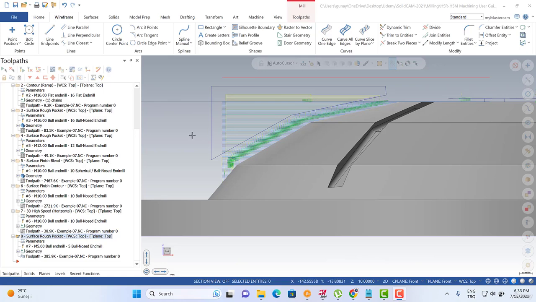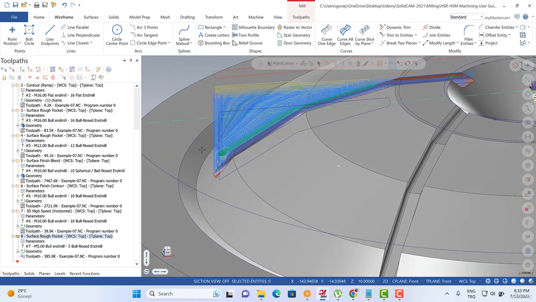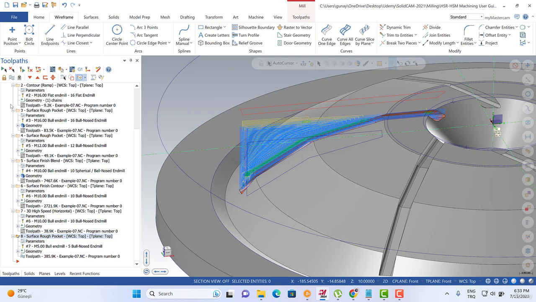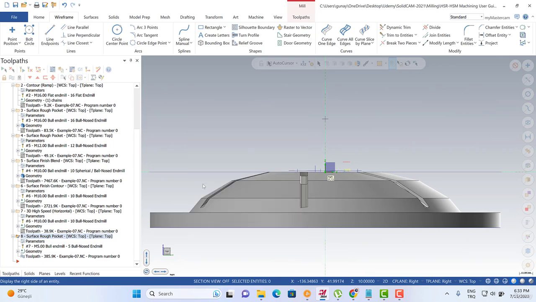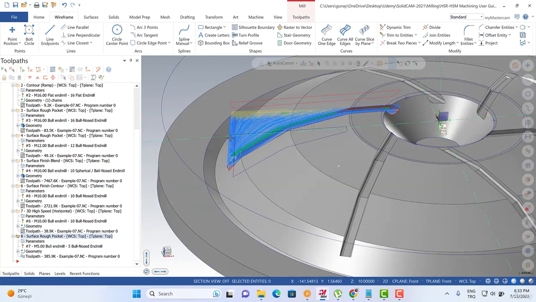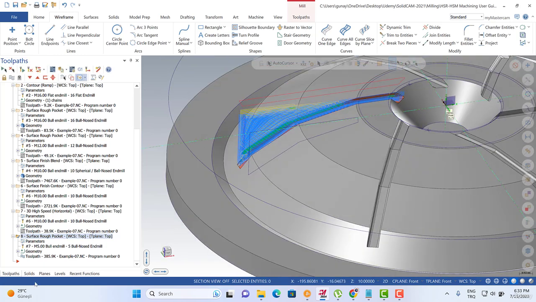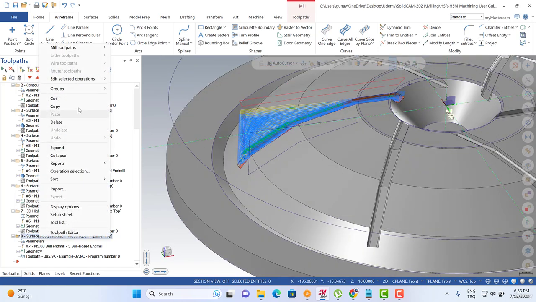Hello again, welcome back. If you remember, we are creating our toolpath for the roughing process, and after that we can turn to the right view, or front view, sorry, and after that we can easily trim that toolpath. So let me use the right mouse button